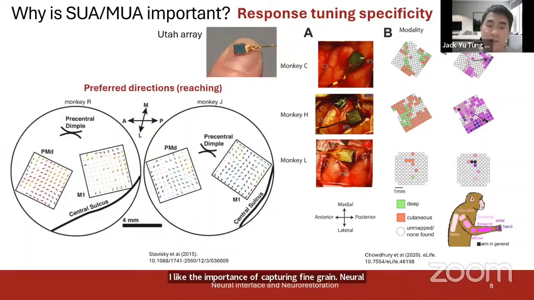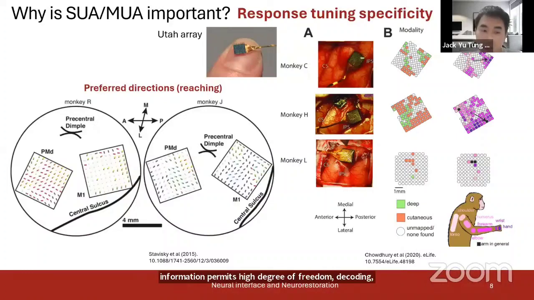In regions like the motor cortex, even within a very small area of the brain, there exists a diverse population of neurons with distinct and different tuning characteristics. For instance, here we see that on the left set of images, each neuron preferentially fires in a particular movement direction, as represented by the colors in these vector maps, based on recordings from very small intracortical arrays implanted in the motor cortex and the premotor area. So the richness and diversity of neuron-level information permits high degree-of-freedom decoding and fine-grained control of any